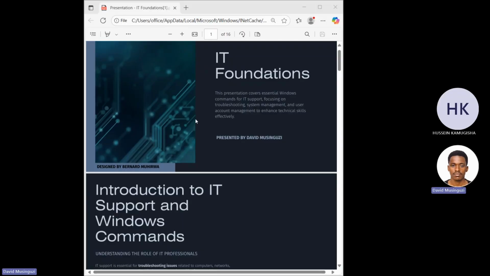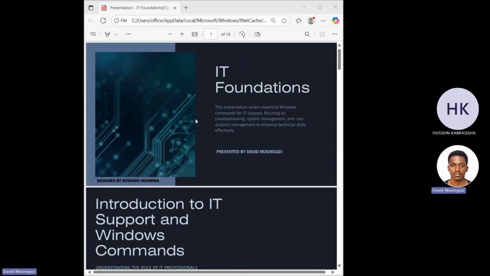So as we start, we shall start maybe with what you understand by the word troubleshooting. If you hear the word troubleshooting, what do you understand by that? I might say that troubleshooting is a process mainly used by IT support teams to first of all identify and analyze some of the issues that may happen on a computer or any network system, and they try to fix it. And I think that's what troubleshooting means.